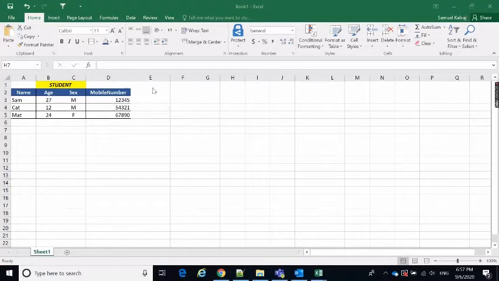Going to create how to create a SQL statement from the Excel. Suppose we have student data, so now we are going to create a student record in the database through the Excel. Here we are going to create an insert SQL statement, and for that we are going to use the concatenate function.